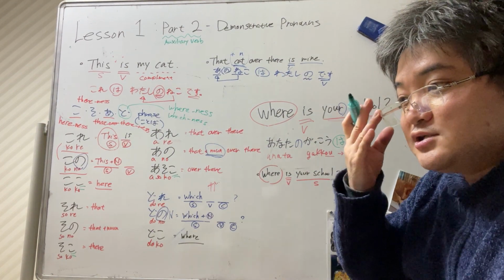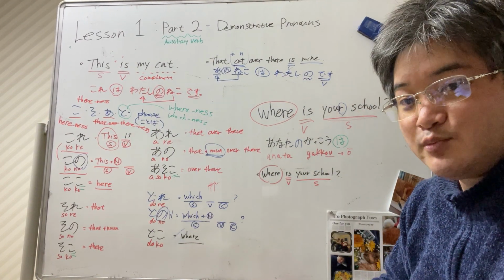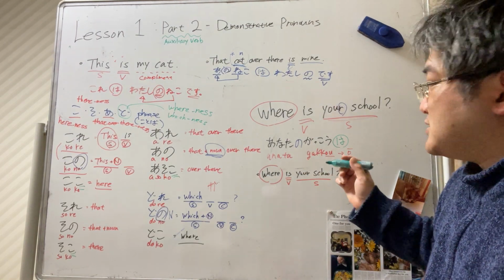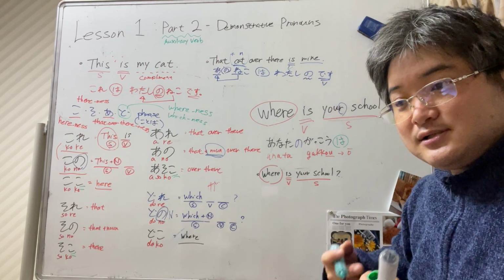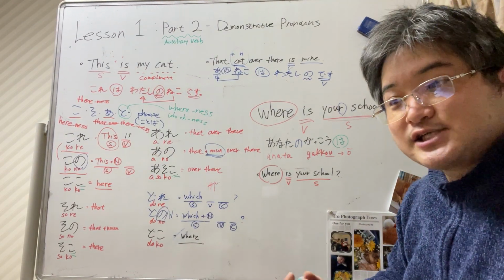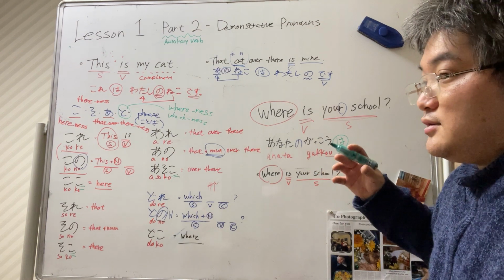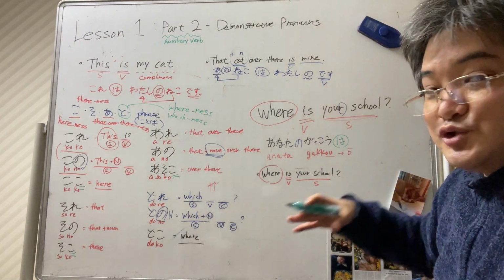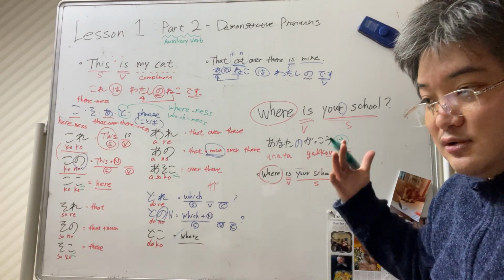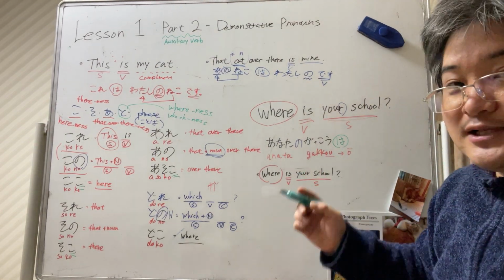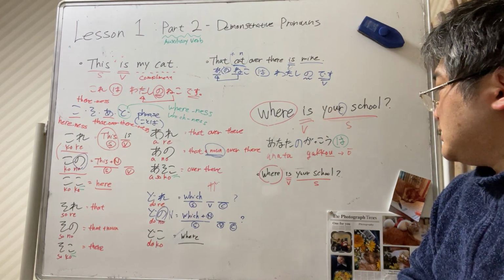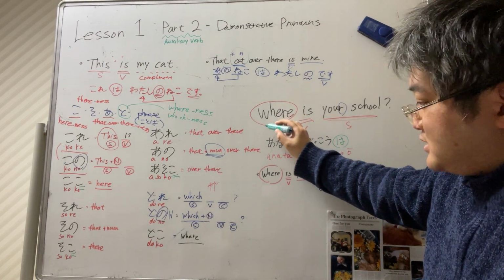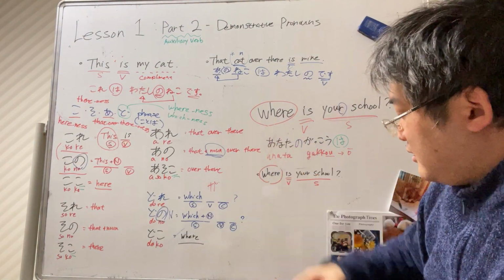Wa is sort of used for factual statements without subjective emotion involved, as opposed to ga, which is emphatic, and a subjective emotion or interjection is implied. So wa is more factual and neutral, because it's primarily a topic marker, right? So anata no gakkou wa, and now you need to just insert "where," which is